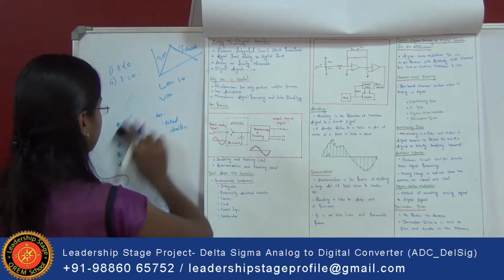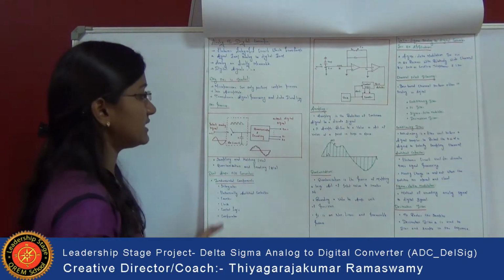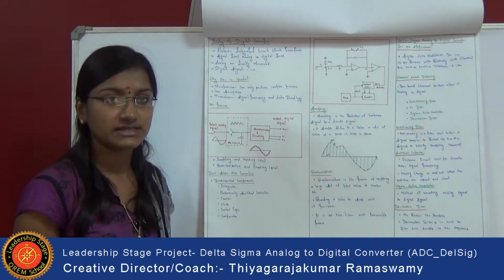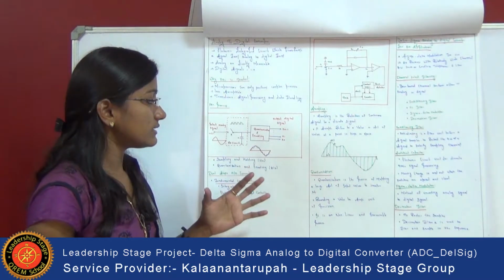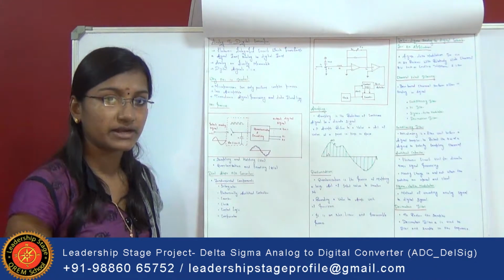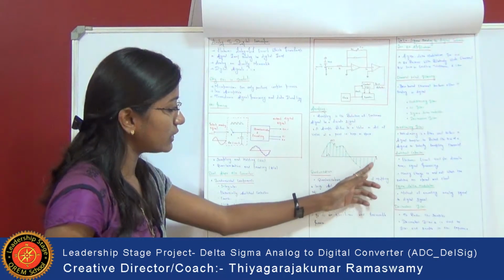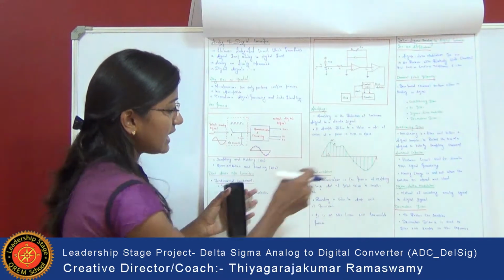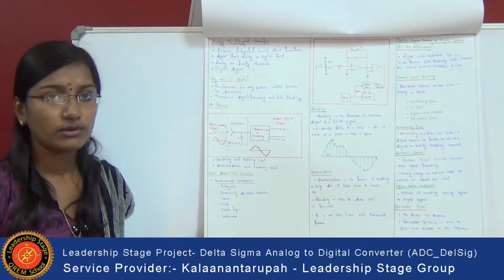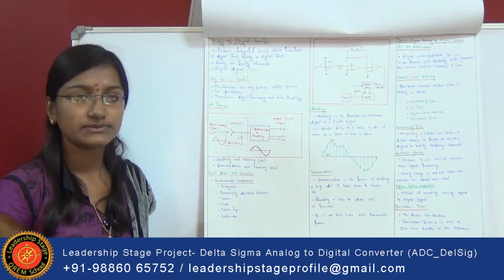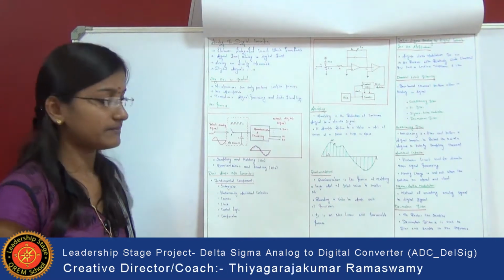Next, coming to sampling. Sampling is nothing but the reduction of a continuous time signal into a discrete signal. It also refers to a value or set of values at a particular time or space. So this is the time. I have marked the analog waveform in green color and the discrete signal in blue color. Here, sometimes we need oversampling. Nowadays we are using oversampling in analog to digital converters in order to avoid distortion.